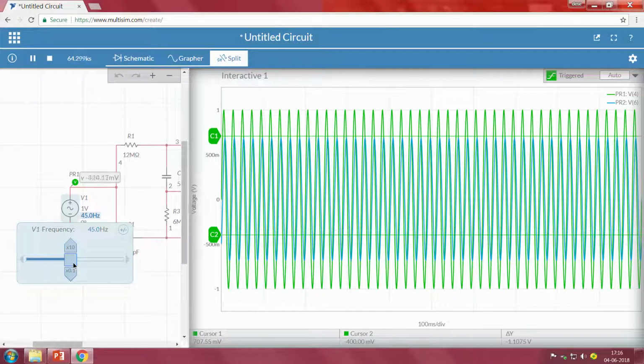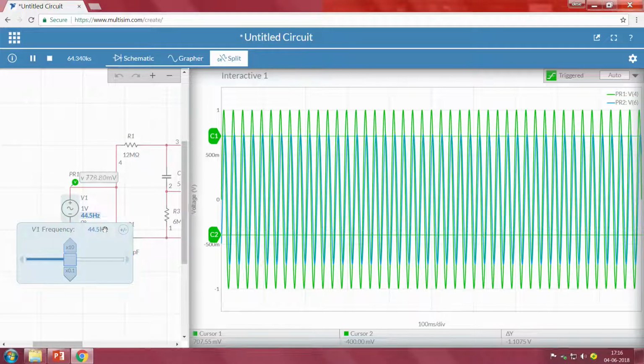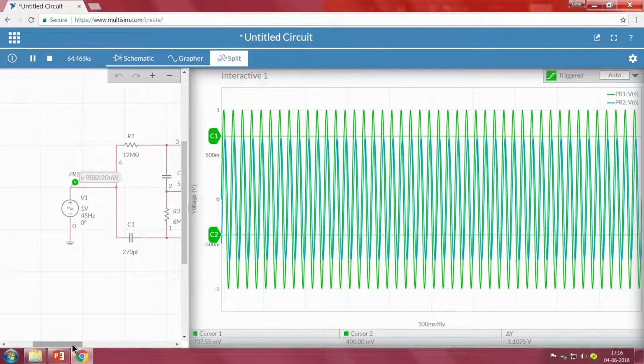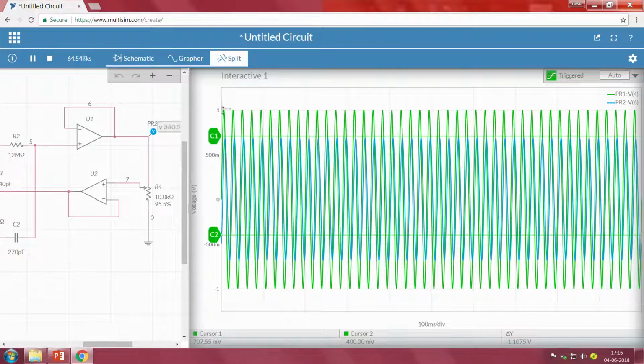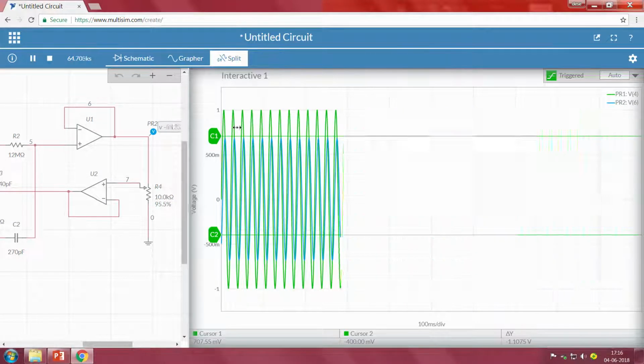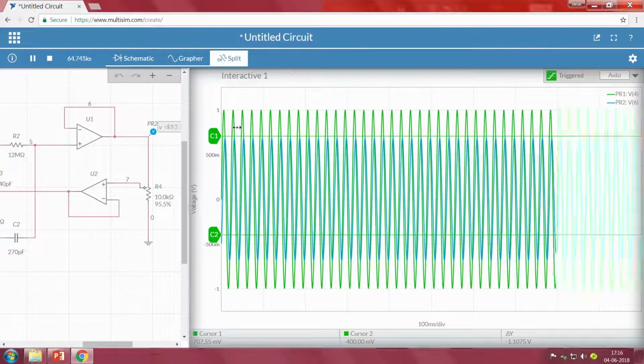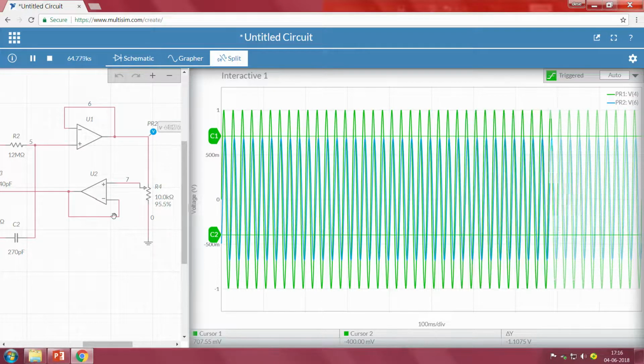Now, if I slowly increase, 44.45, let me take 45. Okay. See, there is a drastic change from 44.5 to 45 itself. Since our interest was somewhere around 50 hertz within a range of plus or minus 5 hertz, I am completely eliminating from 45 hertz to 55 hertz. Even if it is not required, we can change this R4 resistance to some other value. So, we can see a very drastic change, narrow banding of the frequency, everything.